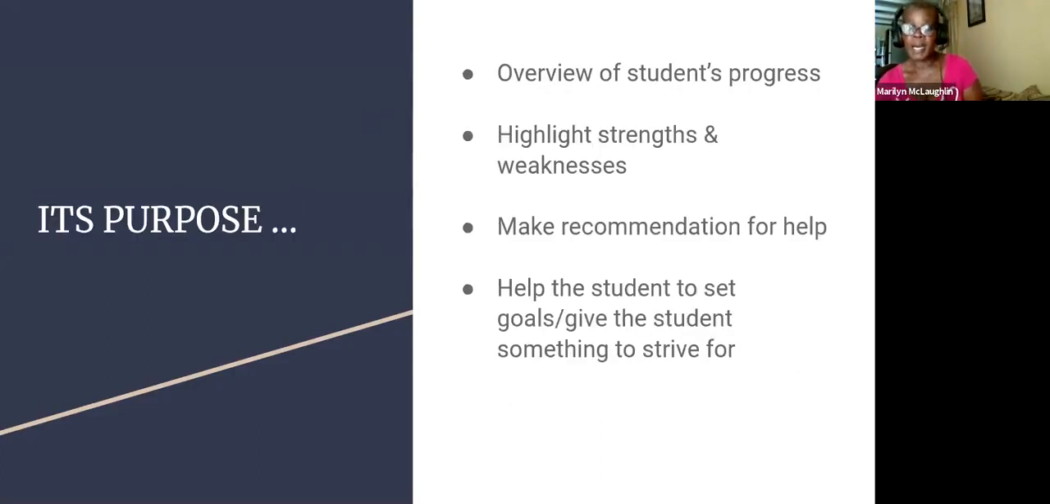Okay? And the purpose of the report is giving the overview of the student, and as I said before, social and academic, and you're going to highlight their strengths and their weaknesses, because you just don't want to talk about the good, but you also want to talk about the weaknesses and how you can help students to overcome weaknesses and to go over hurdles that they might have. So you make your recommendations on your report, okay? You help the student